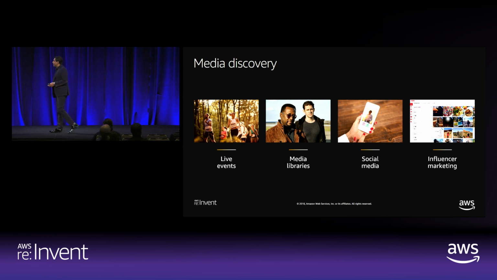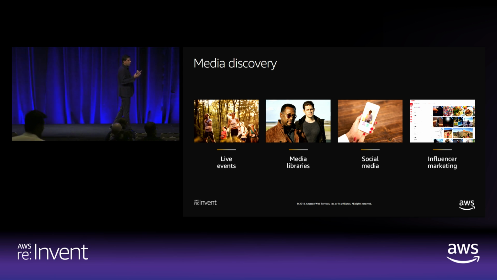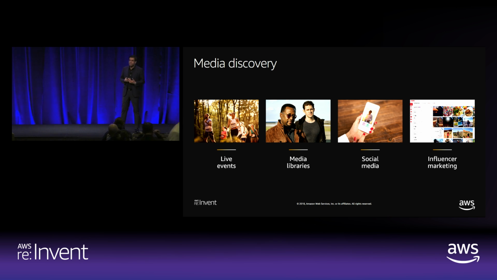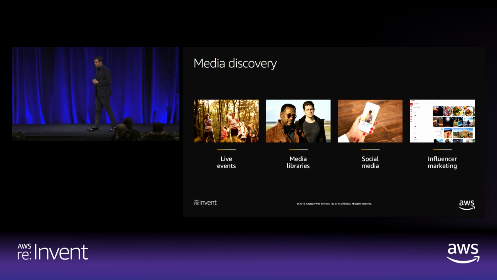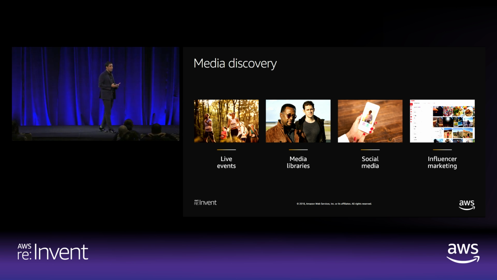So media discovery, you have to solve a few problems if you're in the business of media. You can use Rekognition for live events. As I told you before, we had an amazing experience that a couple of our customers, Sky News and New York Times, created using Rekognition to create a second screen experience for the royal wedding coverage that essentially used celebrity recognition. You might have to create solutions for large media libraries and archives for your editorial content, for content discovery for your customer, as well as your other internal stakeholders.